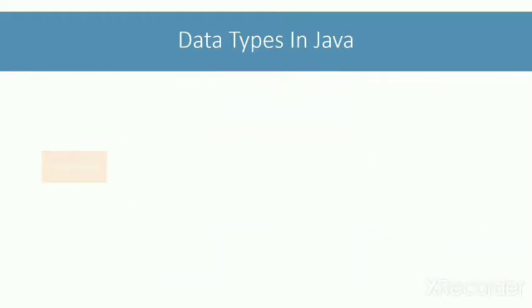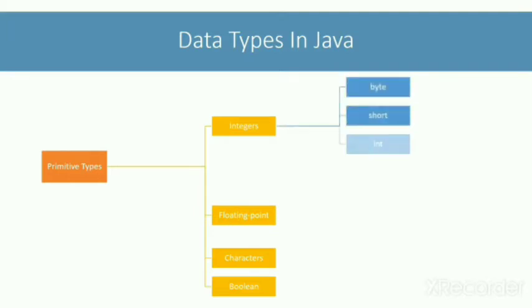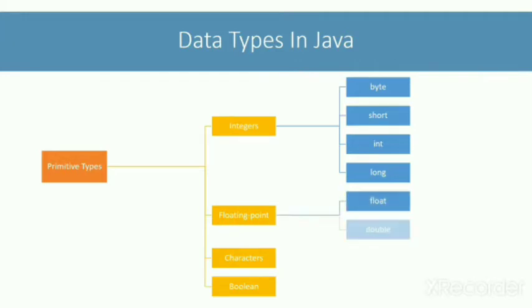In Java, the primitive data types are broadly grouped into 4 groups: integers, floating point types, characters, and boolean. The integers group represents the whole numbers like the marks in each subject and total marks columns of our student result sheet example. The data types in this group are byte, short, int, and long. The floating point group represents the fractional numbers like the percentage column of our student result sheet example. The data types in this group are float and double.